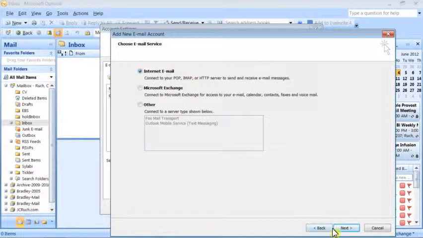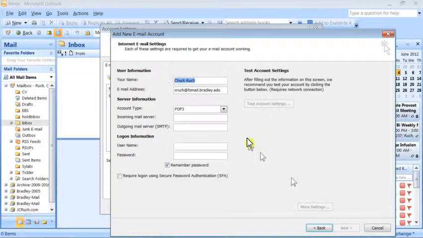This is going to be an internet email account. Notice my name and email address are already there. I'm going to change this from POP to IMAP. The incoming mail server is imap.gmail.com. The outgoing mail server is a server that we have here on campus